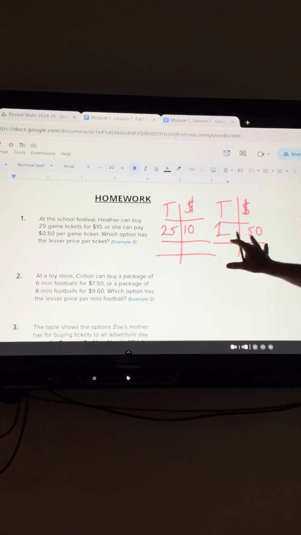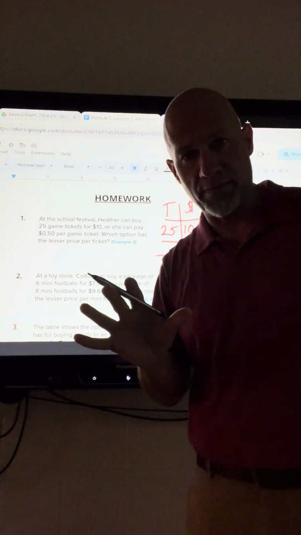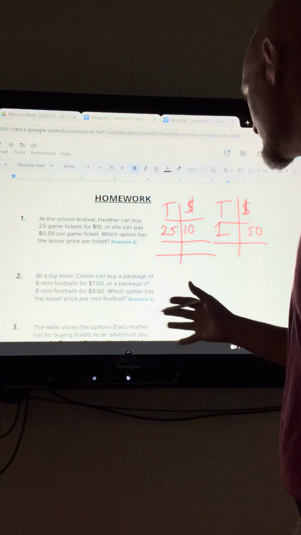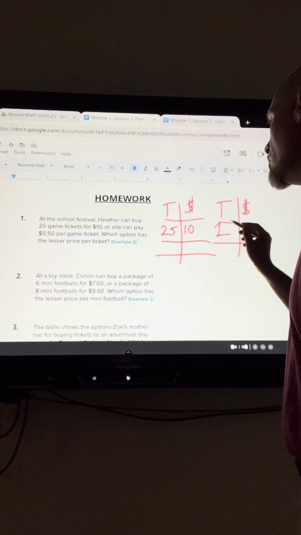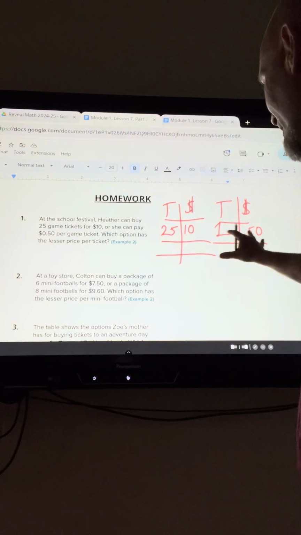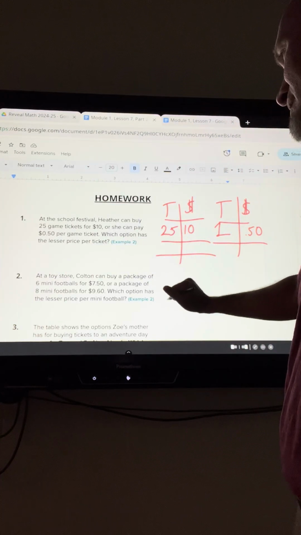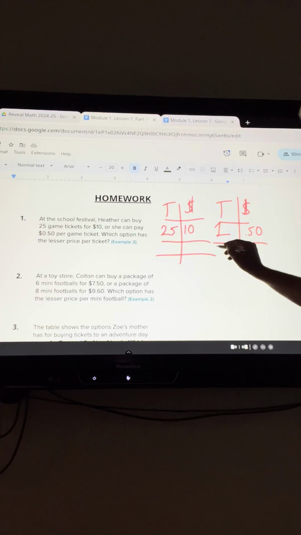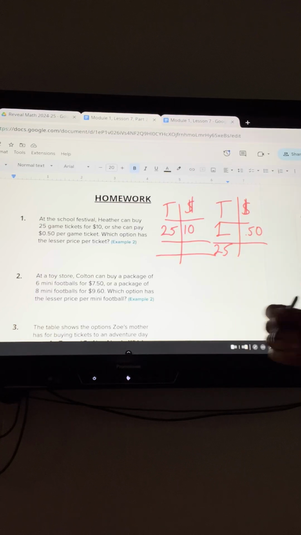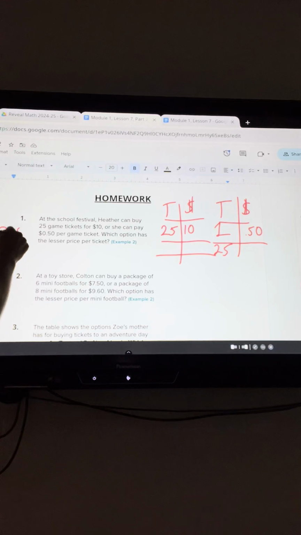But I think here, and this is a strategy we figured out in class today, or you guys figured it out, which is great. If you know one ticket is 50 cents and you want to find the same price for 25 of these tickets, you could get a 25 here and figure out the price for 25 tickets and compare that to the $10. So that would involve multiplication. So you're going to multiply 25